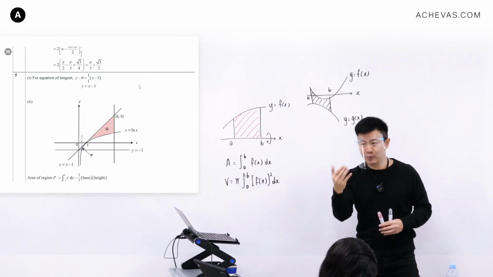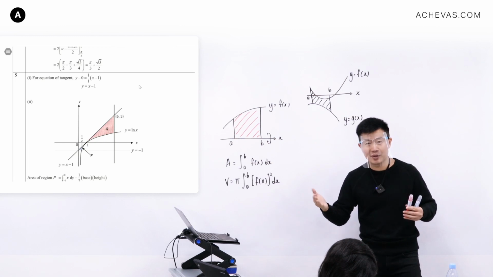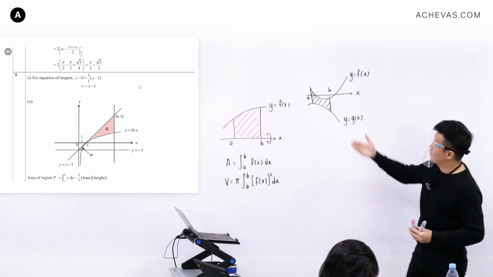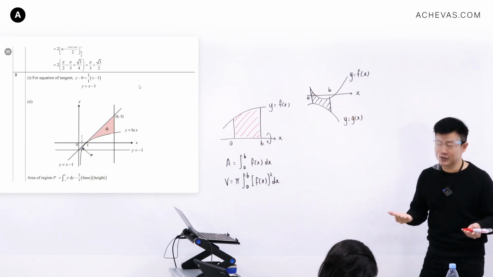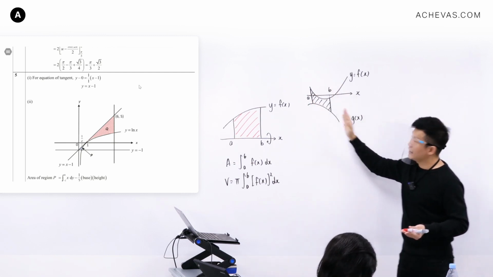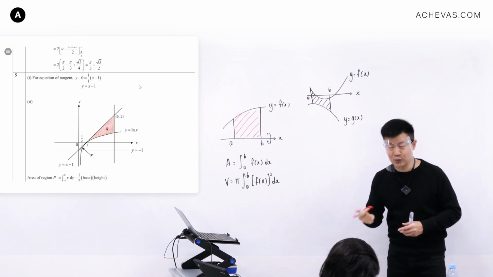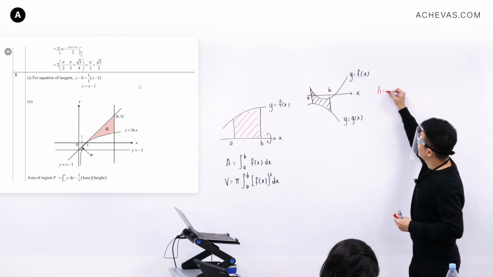That, and now I want to pose you another scenario, something that you are actually a little bit familiar with. If you can remember, in your secondary school, you have dealt with finding area that is between two curves, that is bounded by a vertical line, x is equal to a, and another vertical line, x is equal to b. So if you were to apply what you have done in your secondary school, then area can be calculated in